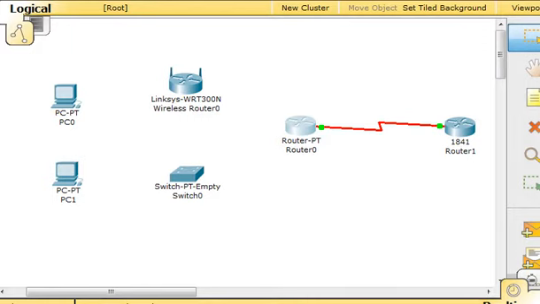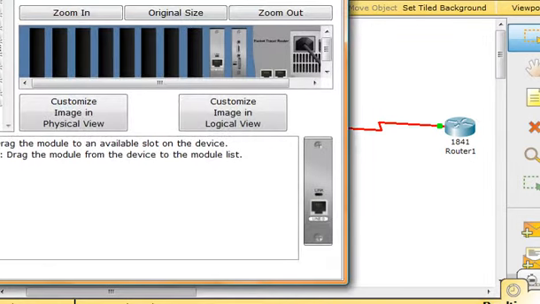In this Packet Tracer activity, we'll be exploring different LAN switch options. The objectives are to determine the cable types to use to connect all devices to the switch, to add appropriate modules to switches and routers, and to connect the devices to the switch using the appropriate cable types. So first, what I'm going to do is double click here on router 0, and I'm going to